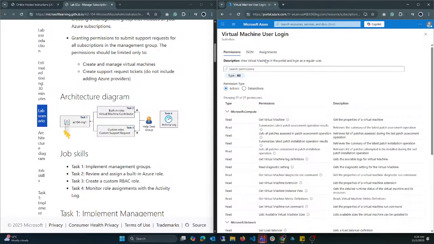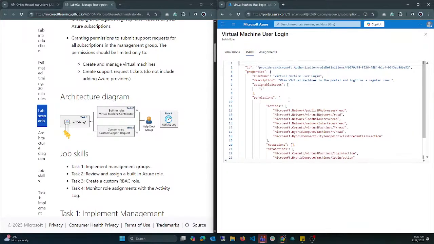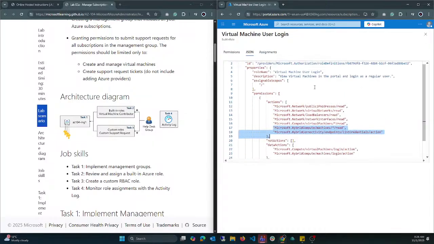Then I can go to this JSON and say, okay, this guy, yes, I'm good when it comes to the virtual machine. I'm good when it comes to the virtual network. Yeah, this guy should be able to see public IP addresses. But I don't want this guy to see anything related to Azure Arc. Then these permissions are not needed. I'll take this permission off. Do not forget that the reason for this permission is for this user to be able to log into